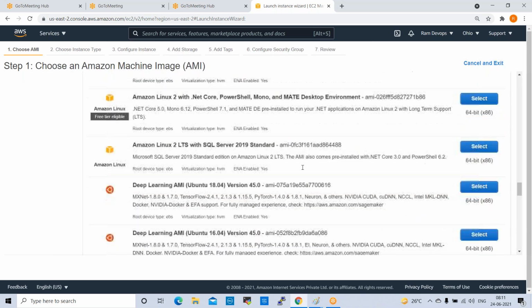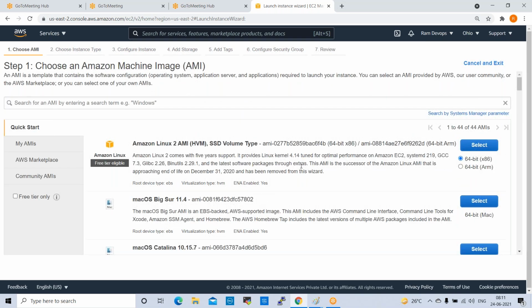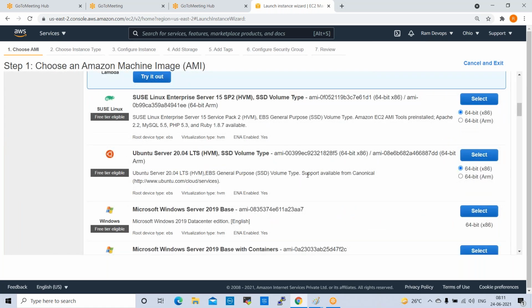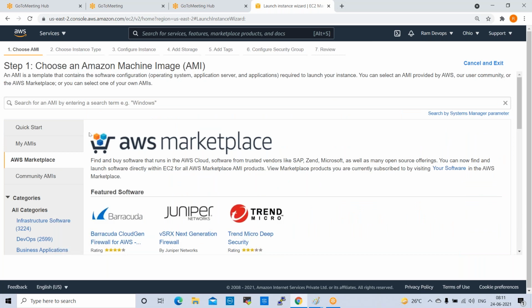AWS Marketplace. Exactly. These are the 44 predefined images available, and there is no CentOS. If you are unable to find it here, you need to go to the AWS Marketplace and search for CentOS.